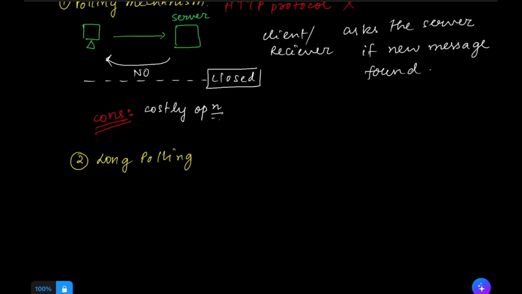In long polling mechanism, the connection is not broken down between the receiver and the server. Rather, once a receiver establishes a connection with the server, the connection remains until a new message has come or a threshold period has been reached, whichever is earlier. So in long polling mechanism, what we have is